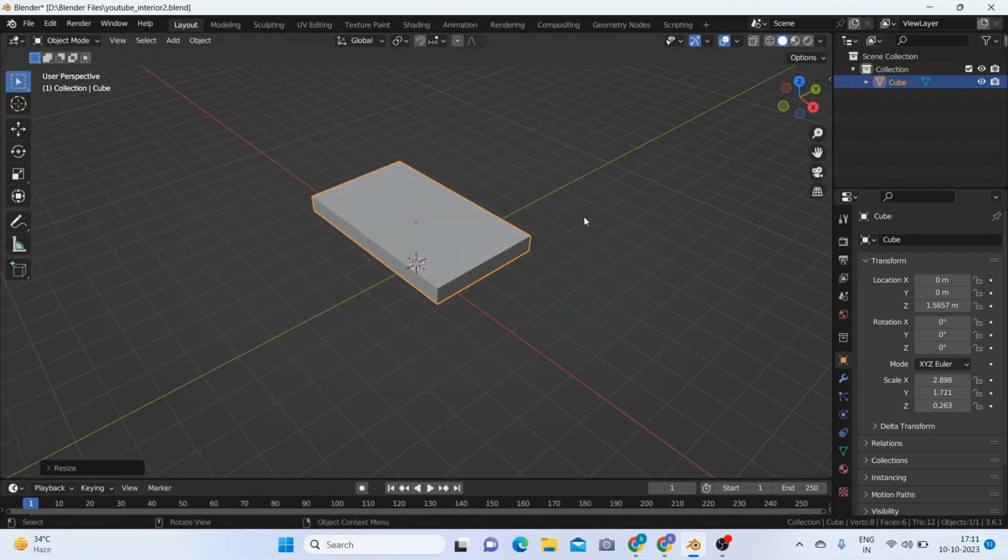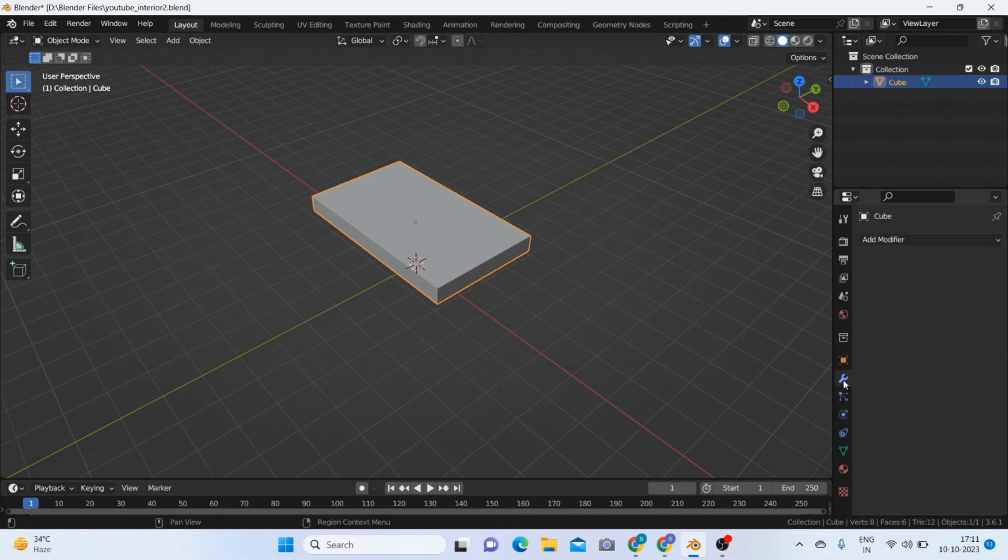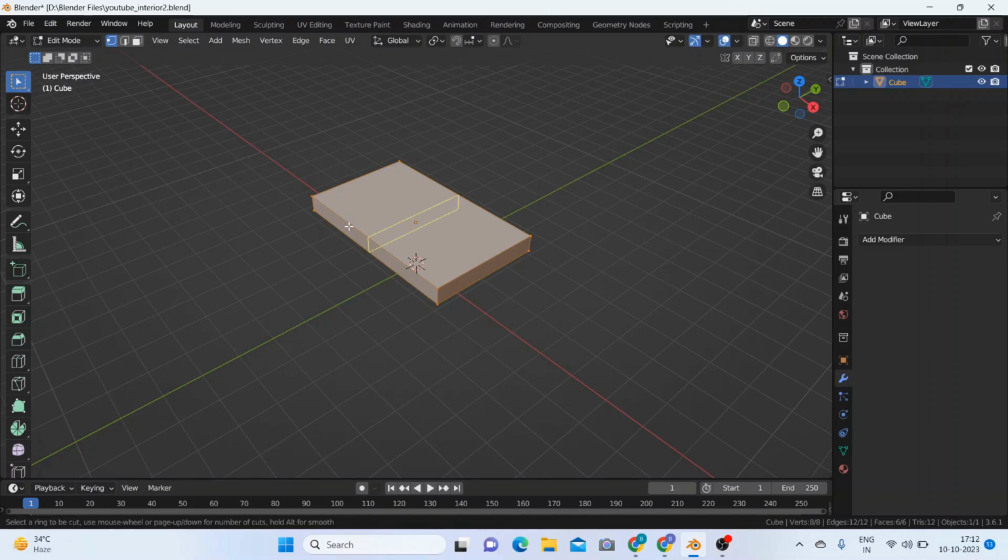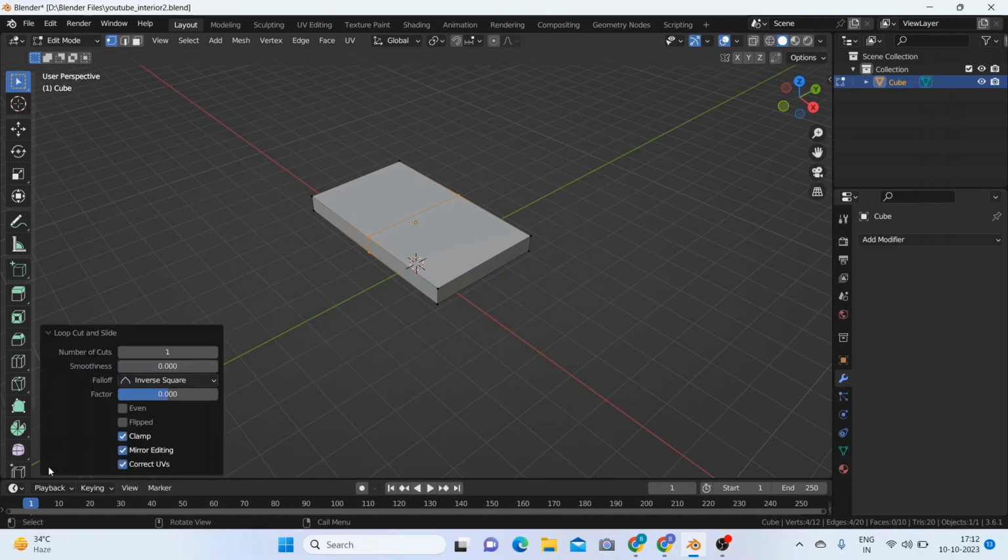So now what we will do is we will select the sofa base, and we will go to physics, materials. Let's first go to the modifiers tab. So we are here in the modifiers tab. First we select this and press Tab to go to edit mode. Then we press Ctrl and R to create a loop cut here, and we double click, and then we go in here to the drop down and we increase the number of cuts to say 20,